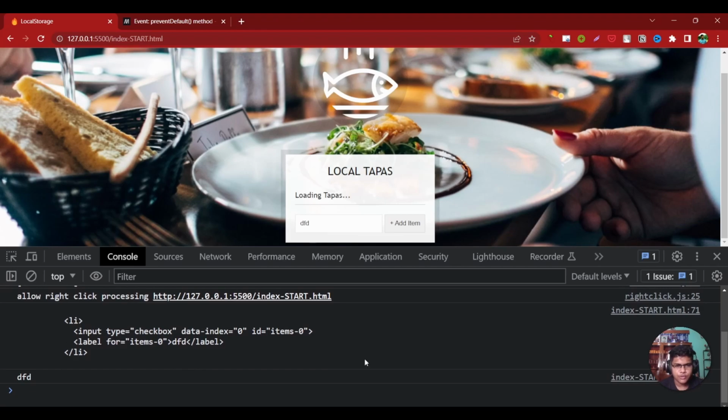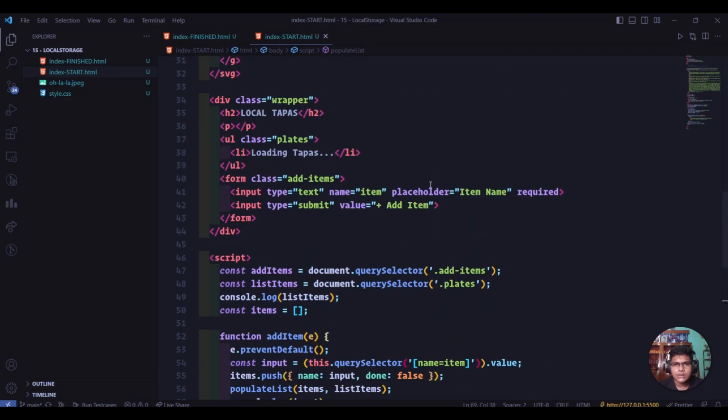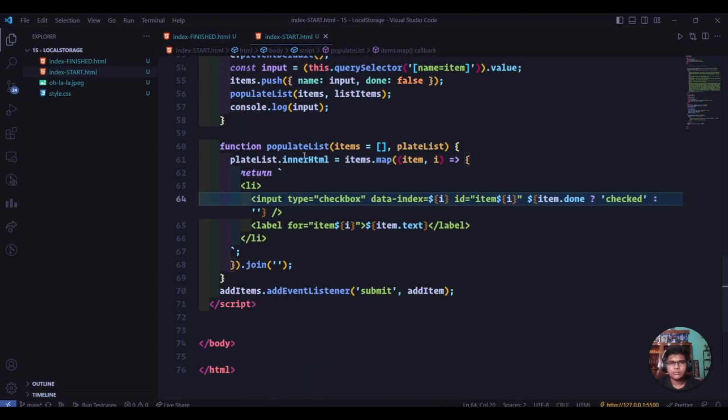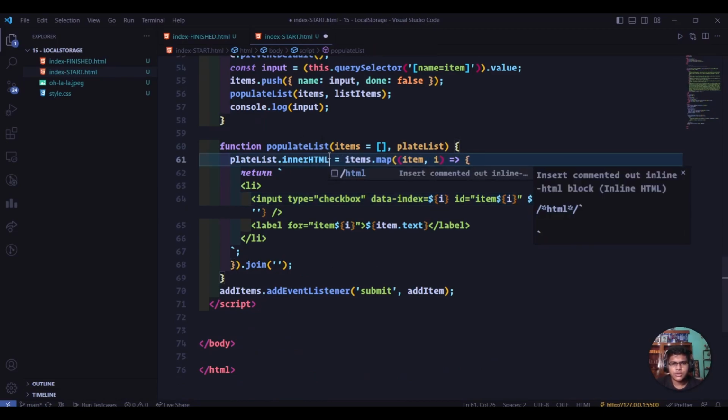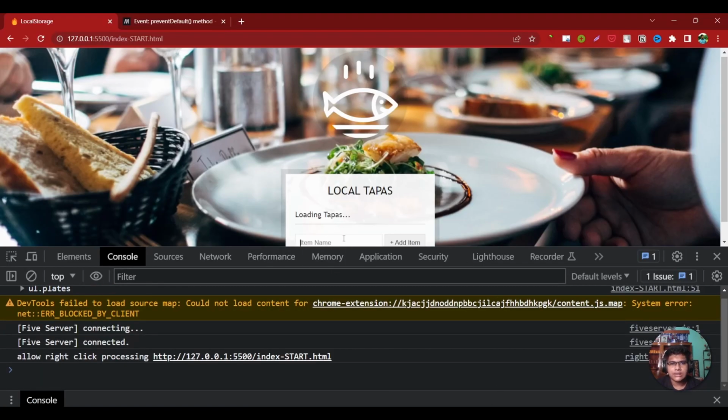Yes, it is actually working. So where is the problem? The problem is actually here. We have used small letter here. So now if I run this, then